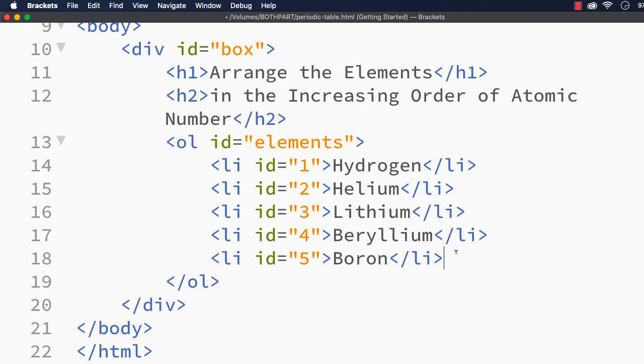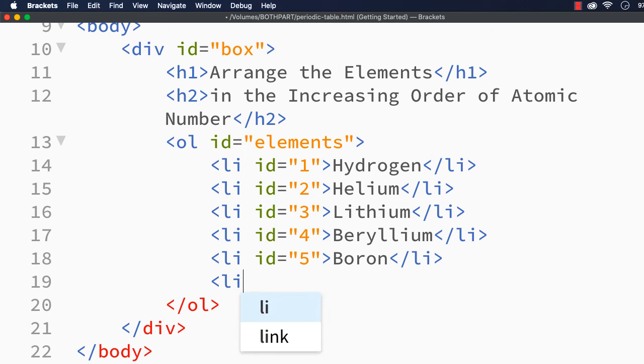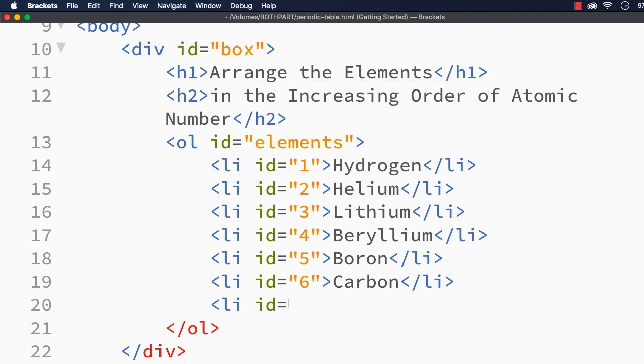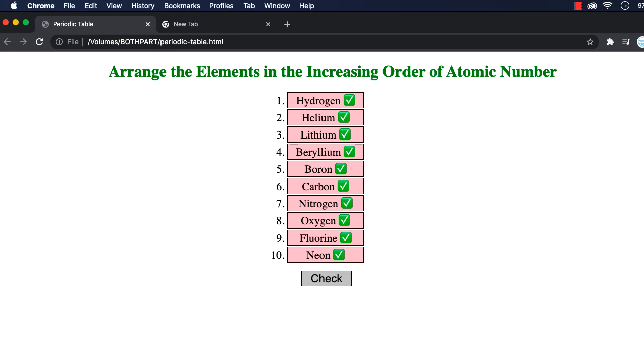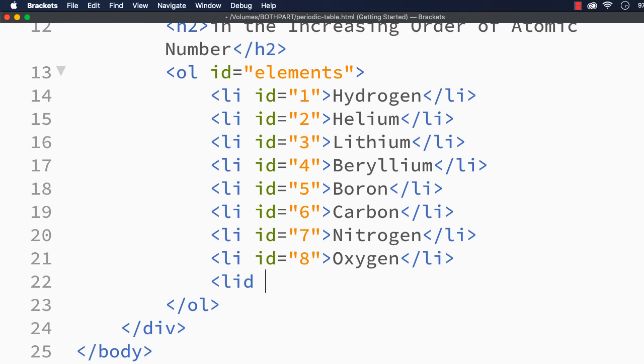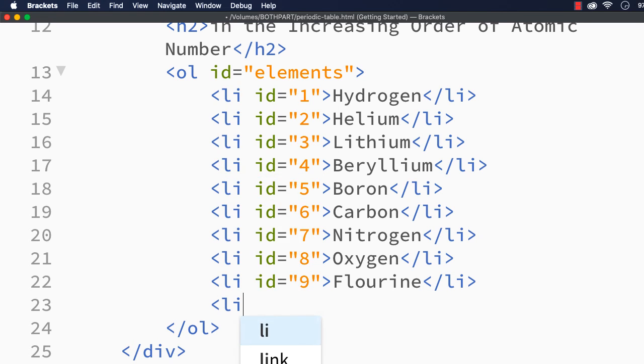Next 6 is carbon, then 7 is nitrogen, then oxygen, then the last two are fluorine and neon. So ID equal to 9 is fluorine, and the last one is LI with ID equal to 10, and the item is neon.